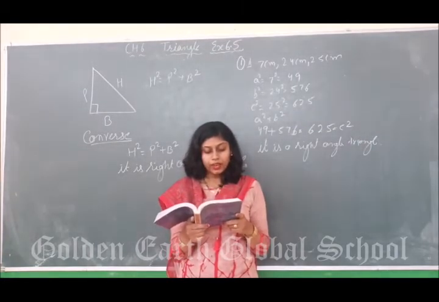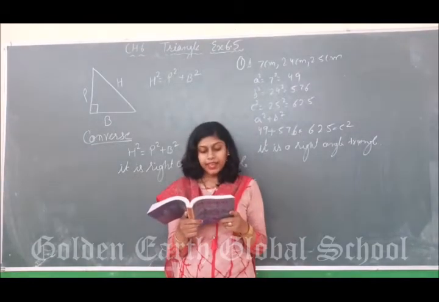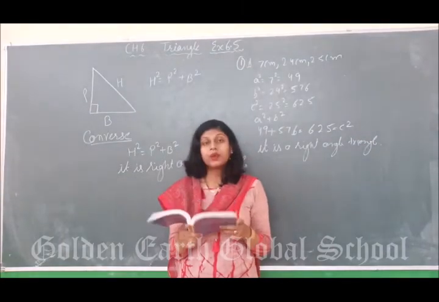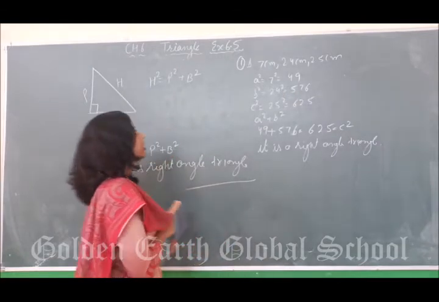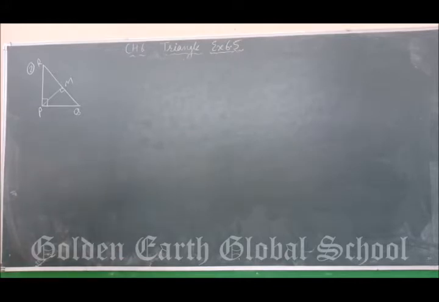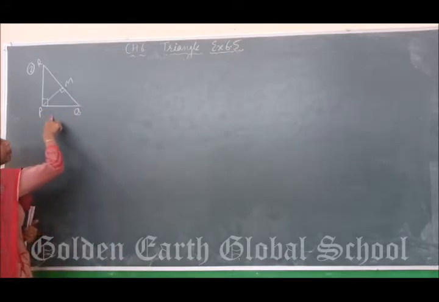PQR is a triangle right angled at point P and M is a point on QR such that PM is perpendicular to QR. You have to show this result. First of all, draw the figure according to the given parameters. This is the figure. PQR is a right angle triangle, right angle at point P and